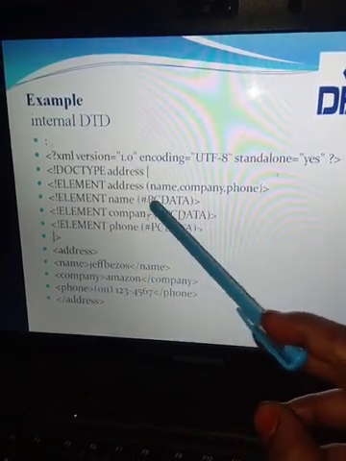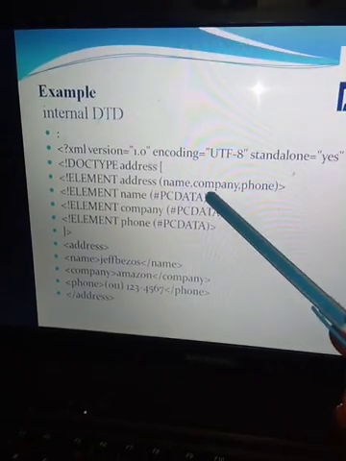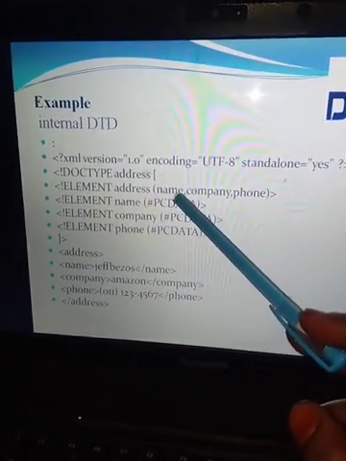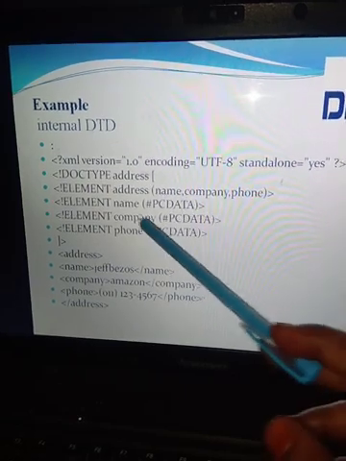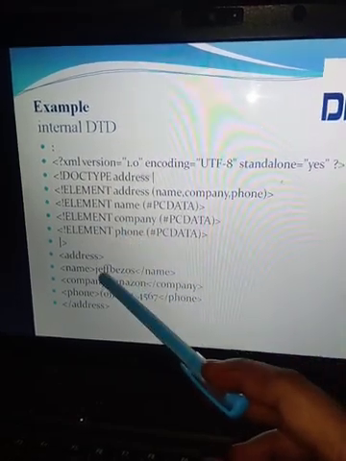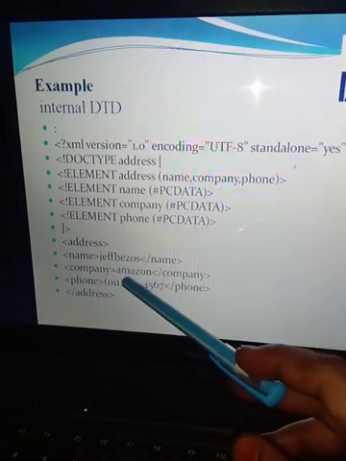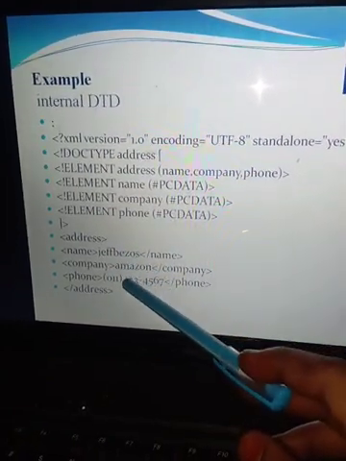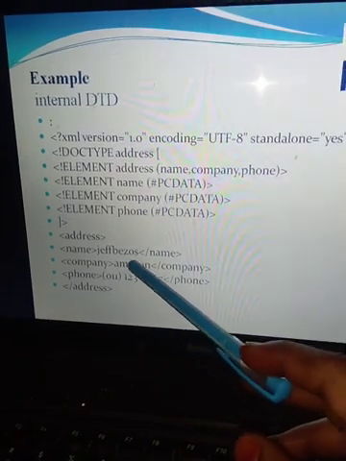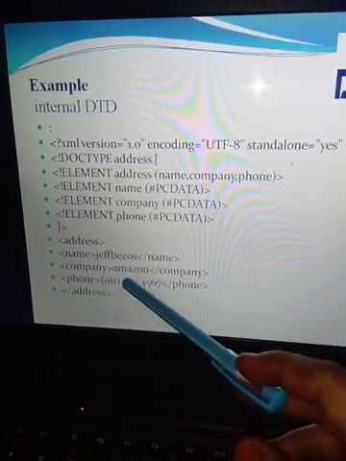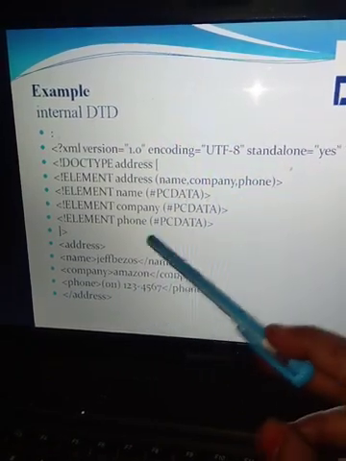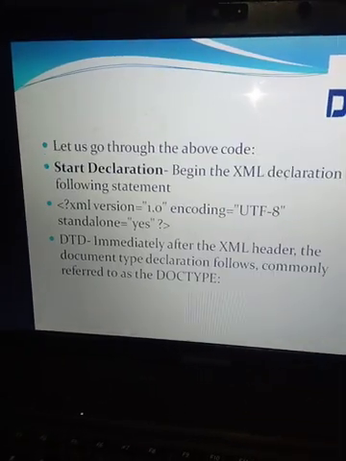After the doctype is closed, we define the address name. I gave an example: Amazon CEO name Jeff Bezos. After that the company name is Amazon, phone number, and the address tag is closed. This is the example of internal DTD.